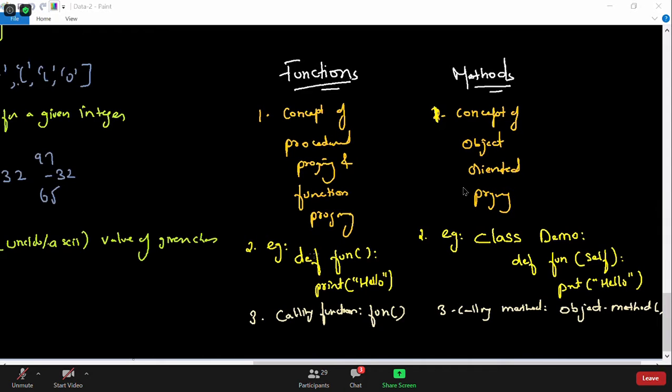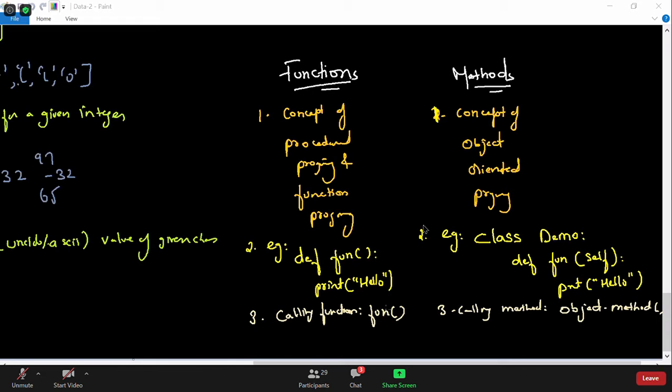The second thing you should know is the way you define them. A function is defined as independent code, and methods are present inside the class. The only point you need to know, at least for some sessions, is that functions get called directly, but methods have to be called with the object. If I tell you it's a method, make sure you call it with an object. If I tell you it's a function, then you can call it directly.